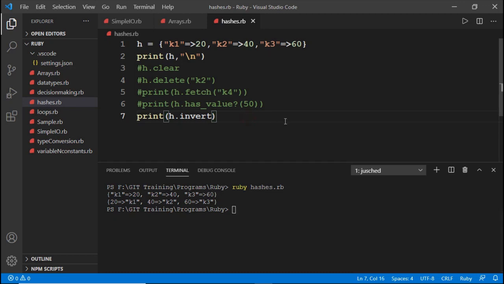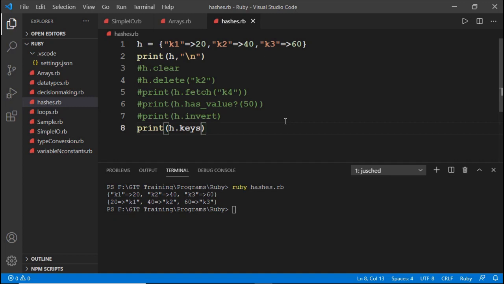The next is the keys method, which is going to return an array of keys present in our hash. For example, h dot keys. So what are the various keys we have in h? That is k1, k2, k3.